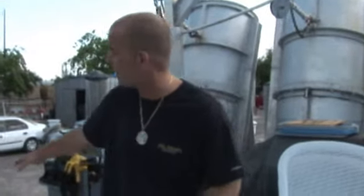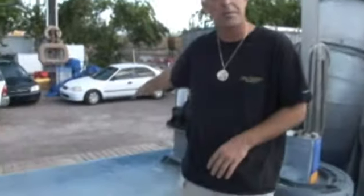So here we are on the back deck of the Dare. For those of you who have been out on this boat before, you'll realize that we have a whole lot more deck space. We've removed the air compressor that was up here and moved it down below. We've also removed the crane that we used to have. We've bought a new crane, a much more powerful crane, which will be installed on the starboard side of the